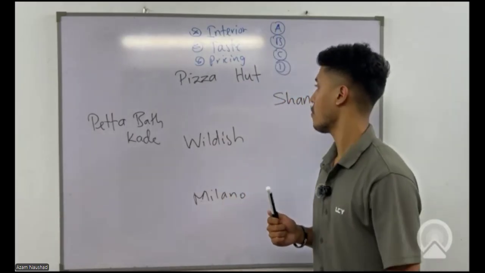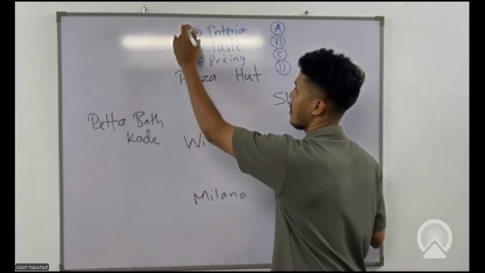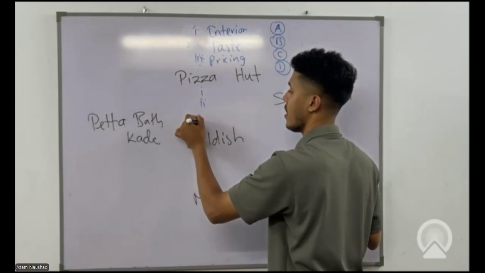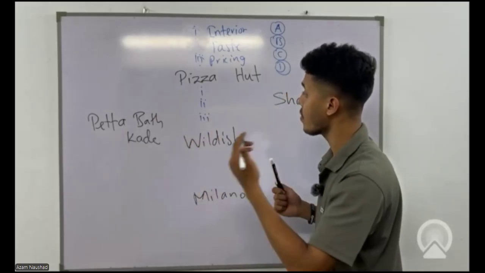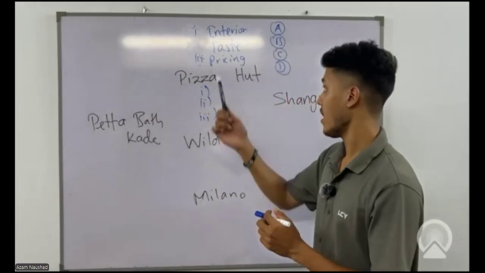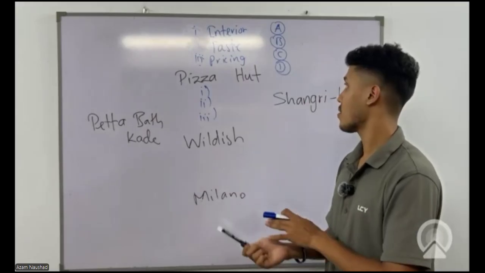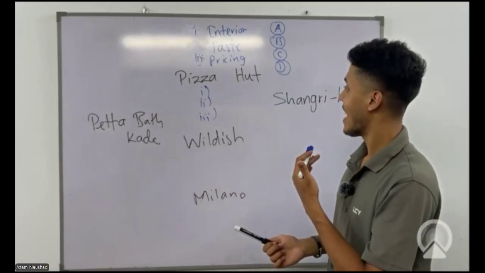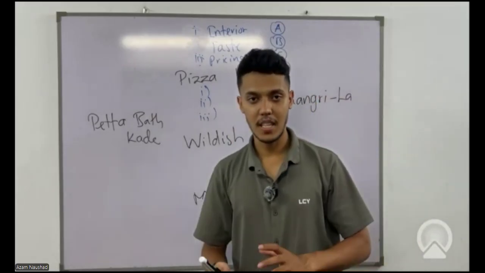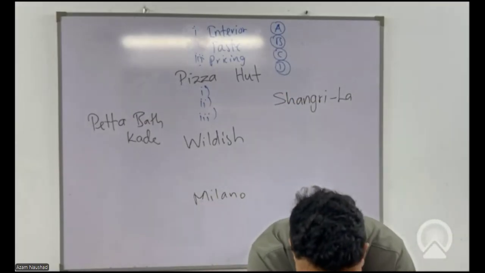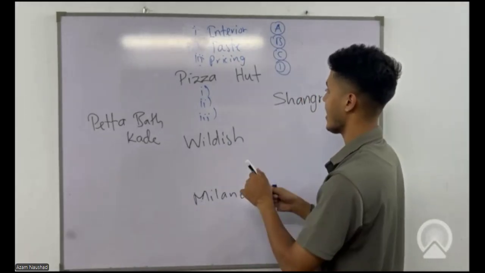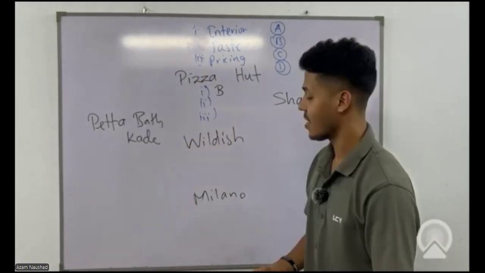Now you need to support me for Pizza Hut, and let me mark this as category 1, 2, and 3. How are you going to rate Pizza Hut based on the interior? A, B, C, D. You cannot say A. Why? You got the Shangri-La. So Shangri-La needs to have the A. So how can we rate the interior of Pizza Hut based on this particular tool? Okay, perfect. B. Thanks, Kanza. Okay, yeah, we can take it as B. What about taste?